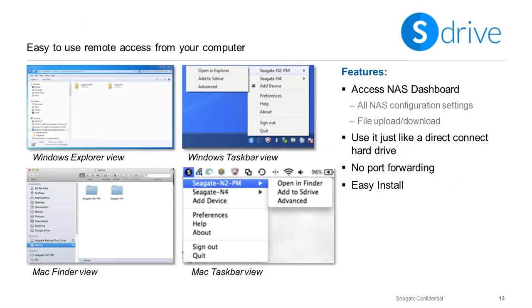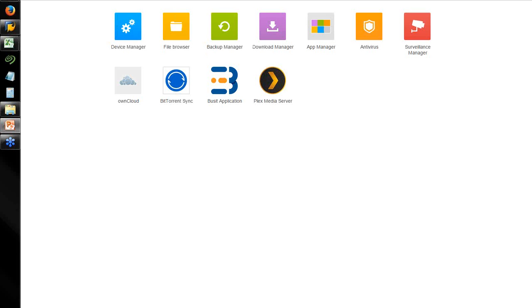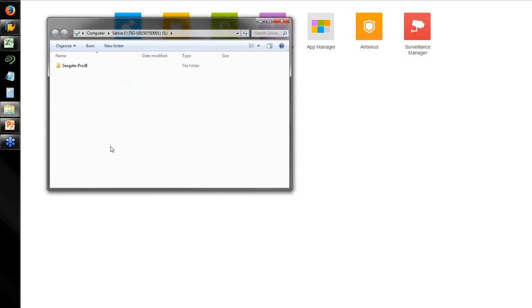And S-Drive. As I mentioned, S-Drive is an application that's available for download for your Windows computer, for your Mac computer. And what it does is, and I'll show you my window here, in my taskbar, this is a Windows 7 machine, this little S hangs out down on my taskbar. I simply click on it, boom, opens up and mounts my NAS that I have access to. Here's my NAS,